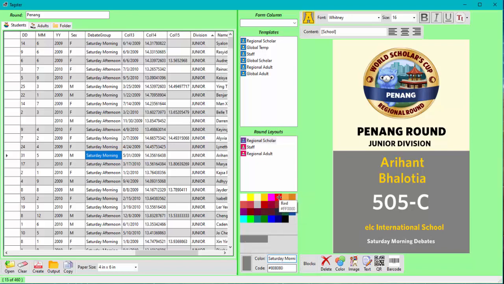I'll pick, oh gosh, how about just a nice bright red, FF0000, and pick the first color as red. So Saturday morning will be bright red. Saturday afternoon, let's make that just a blue. Keep it simple. Whoops, I messed that up. Try that again. Saturday afternoon, Saturday morning. So red and blue for the juniors. The seniors, we'll go here to the Sunday morning. Let's make that one